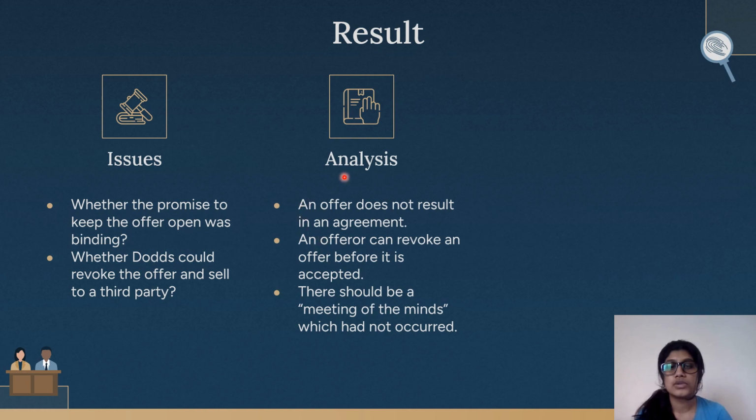So this is the analysis that the court made. One, an offer does not result in an agreement. Just because I have said something, there is no binding agreement yet. So Dodds offering to sell his property to Dickinson and telling him that he will keep it open till Friday was simply an offer. It was not an agreement. Till now, Dickinson had not accepted or refused the offer. Therefore, an offer can be revoked